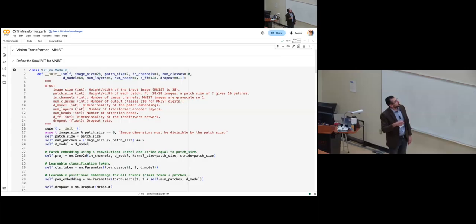So what is the size of my image? I'm going to apply this to MNIST. So MNIST is 28 by 28. I'm going to make 7 by 7 patches and break my image into,